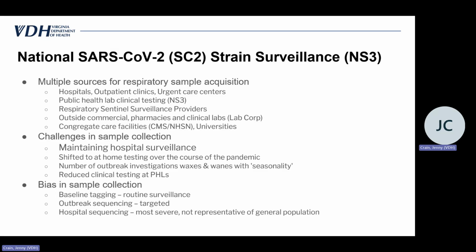And so just in terms of thinking about sample acquisition sources, like where do we obtain these samples for sequencing, specifically for SARS-CoV-2 here, we had many different sources during the pandemic. And so without going through everything on the slide, I just want to mention that, as the advent of at-home testing came about, we started to see a significant reduction in the number of samples that were forwarded to our state lab for sequencing. And it continued to change throughout the 4 years of the pandemic.